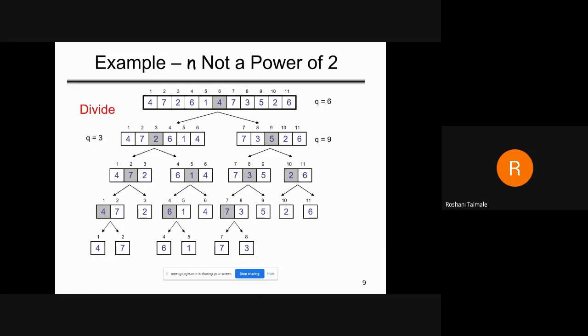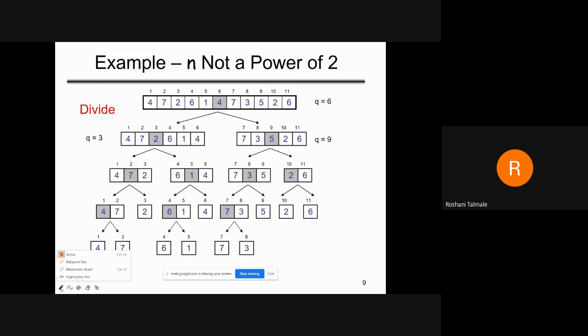This is another example they have shown. This is quite long. Initially, only 8 elements were given. Now they have given 11 elements. Okay. So again, we will do the same procedure. I will repeat this so that you will get it. And then we will go to quick sort.